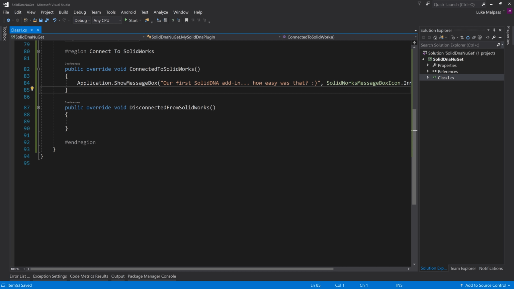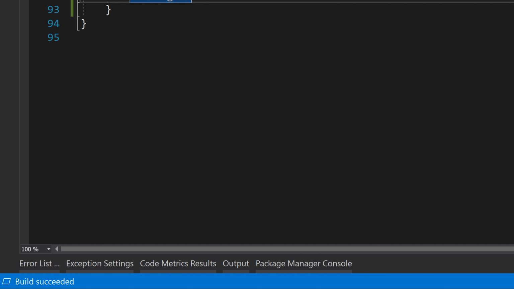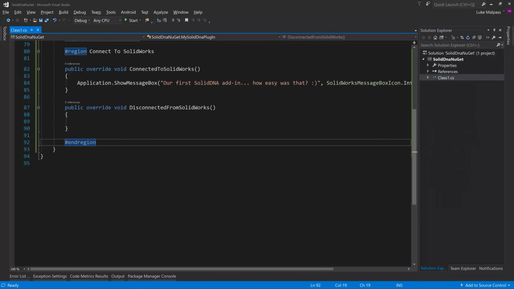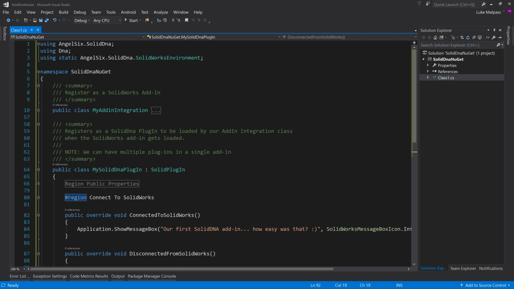And that's really it. That's our add-in. So Control Shift B, make sure it builds, which again shows build succeeded down there. And now, before we run this, let me just paste my entire notes and talk through them so you understand what's gone on here, because that's also important to give people more